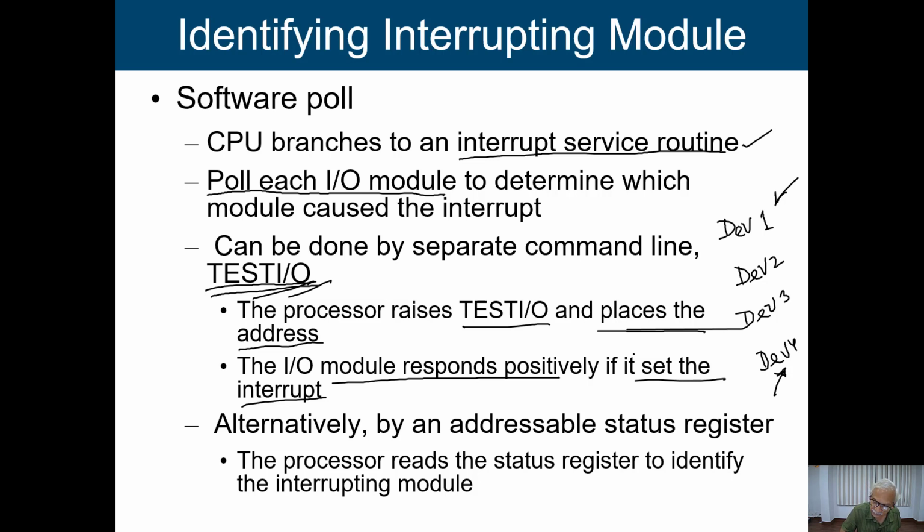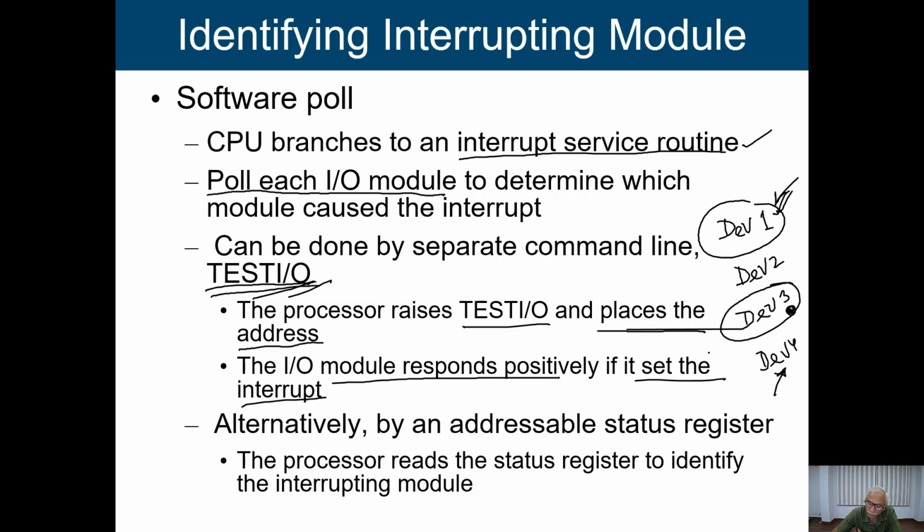Now in this particular case, currently the processor is giving service to device 3. At that time, if an interrupt comes from device 1, since it is the highest priority, it will temporarily stop execution of the device 3 service routine and the processor is going to give service to device 1. Okay, so we can handle the priority.